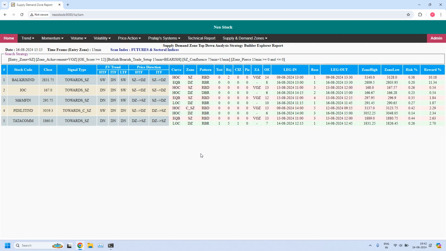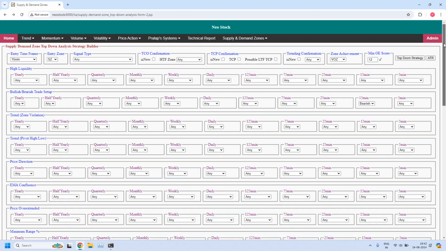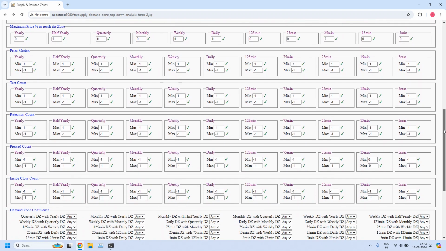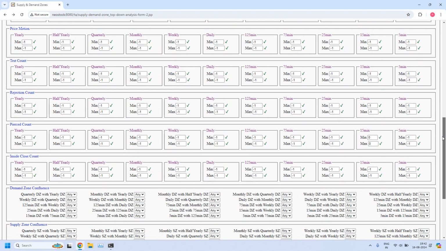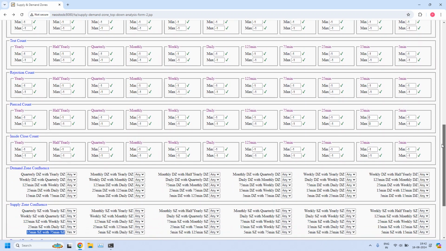Now let's verify how many of them again have confluence with even the HTF time frame. So I'm going back. HTF is daily. So 15 minutes supply zone confluence with daily supply zone is enabled, and 75 minutes supply zone with daily supply zone is also enabled, with all the 3 LTF, HTF and ITF